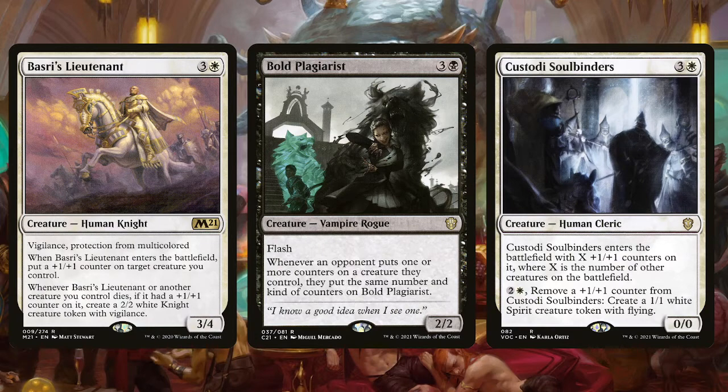Custody Soulbinders is a 4 mana 0/0, and it very easily becomes huge. I've seen this thing get up to 18 +1/+1 counters, and then imagine this dying, you're going to create 18 Inklings. That's basically doubling the Custody Soulbinder's power, and it actually goes crazy, creating a bunch of creatures. You can also remove the +1/+1 counters to create 1/1 flying spirits, but in my opinion, you probably shouldn't